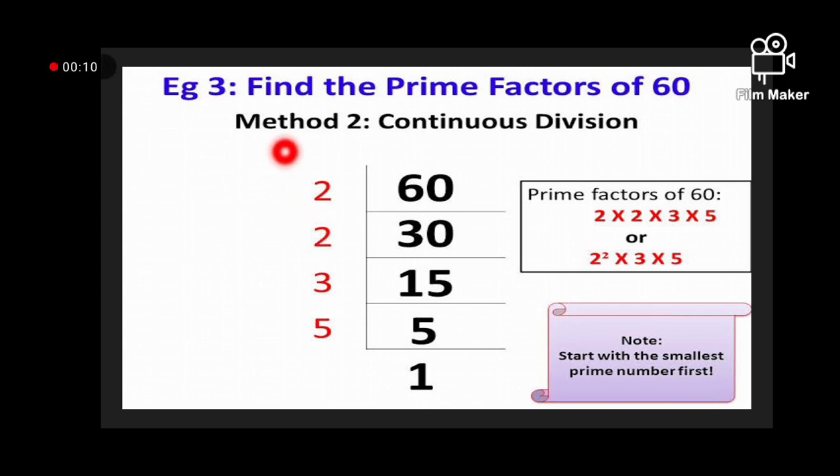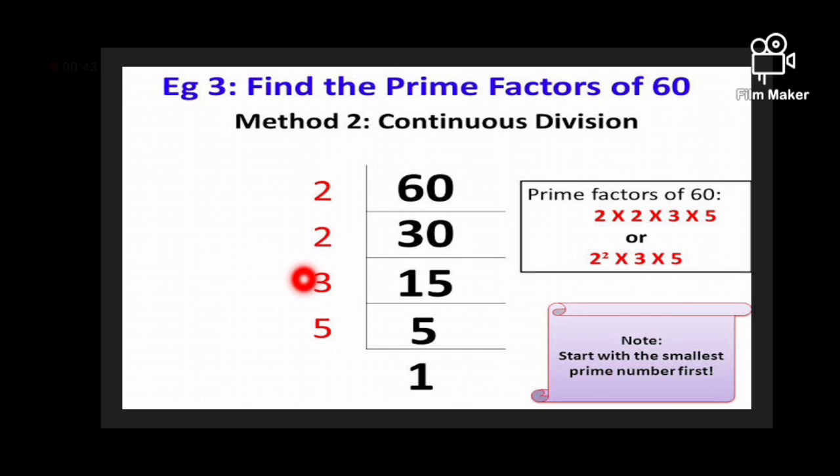Always remember, when you find the prime factors, you have to divide the number by the smallest prime number. The smallest prime number is 2. 2 30s are 60. Then 30 is a composite number and is an even number also. It can be divided by 2. 2 15s are 30, or 15 2s are 30. Now 15 is a composite and an odd number, and we cannot divide it by 2.